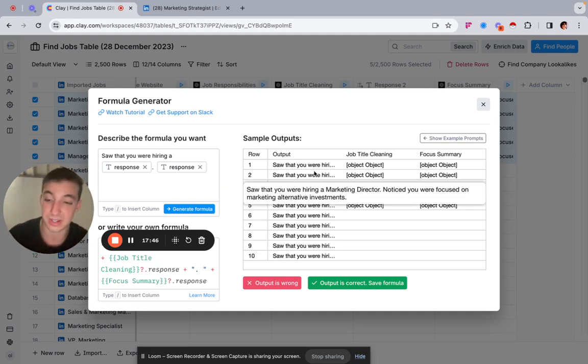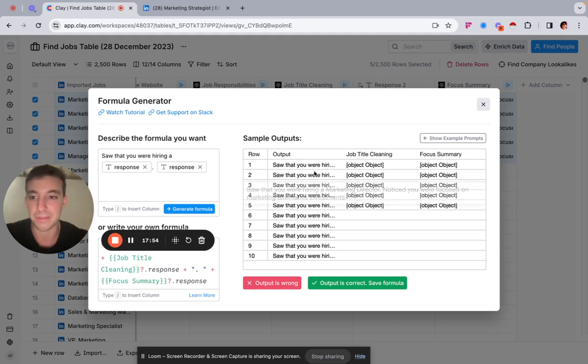In fact, I wouldn't even say it's a 6 out of 10. I'd say it's like a 4 out of 10. It has some relevance. You're calling them out on the fact that you've seen that they're hiring for a specific role, obviously around marketing. But what would be even better is if you took the next step and you said, I noticed that you were focused on really growing your social media accounts, because in the job description you mentioned XYZ. That's if you wanted to go even deeper,